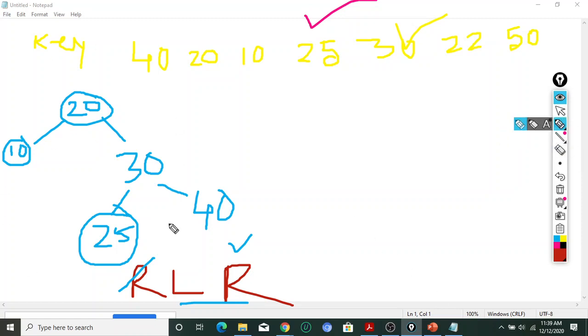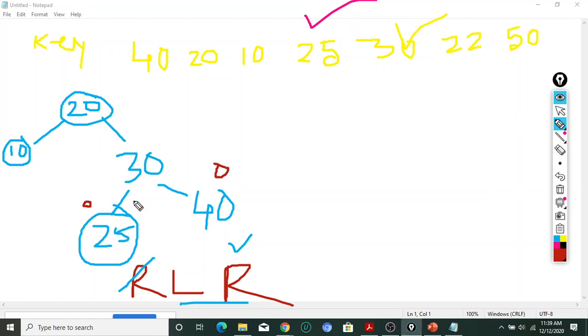Try to understand. Every time we update the balance factor, then we can add the new element. We cannot do it the completely wrong way, adding to the binary search tree every time and then performing the rotation. Please keep in mind that every time we add any node, after that we will rebalance. If there is an imbalance, we will rebalance the tree, then we can add the new node. So right now this is a balanced tree.